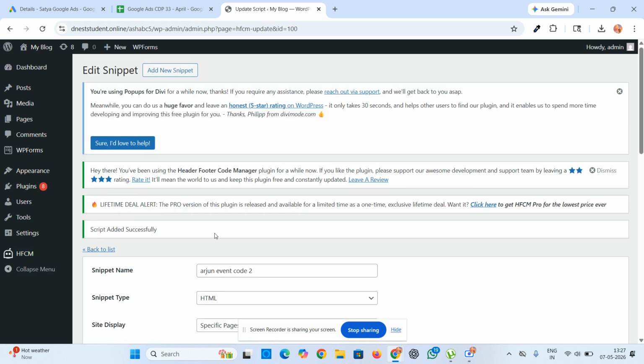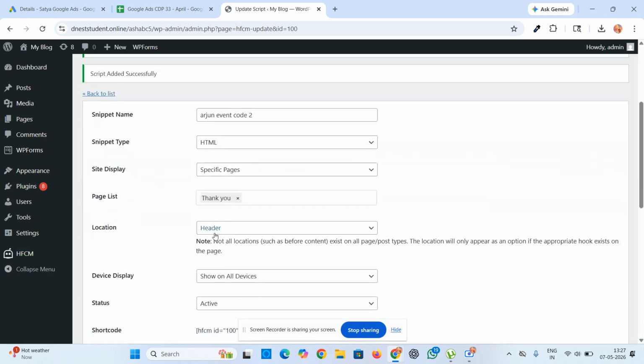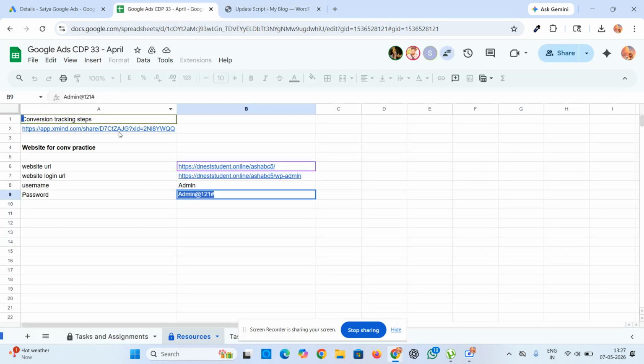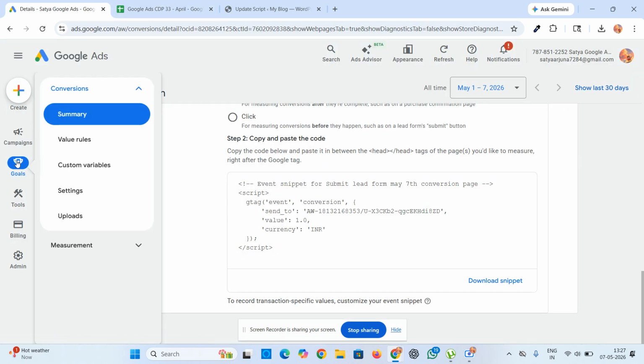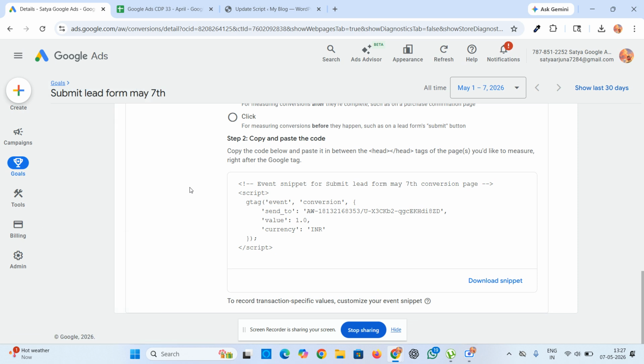So here we added two codes in the website dashboard. So this is the connection between Google Ads and the website. Thank you.